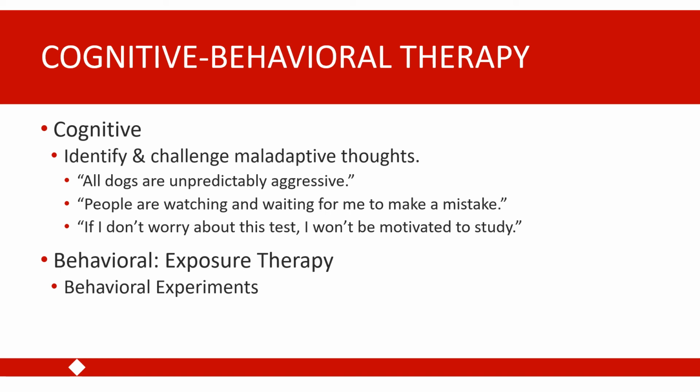So for example, you can have an individual test some of their cognitions about predicting how likely something negative is to happen by having them expose themselves to that circumstance and then keep track of what actually happens. So for example, if you have someone with a dog phobia who's avoiding going for a walk in a park outside their house because they're worried that they're going to encounter dogs and that the dogs might be aggressive, you might ask this patient to make some predictions.